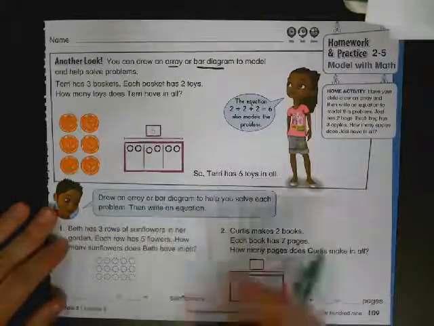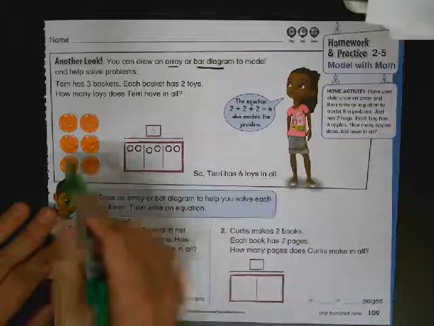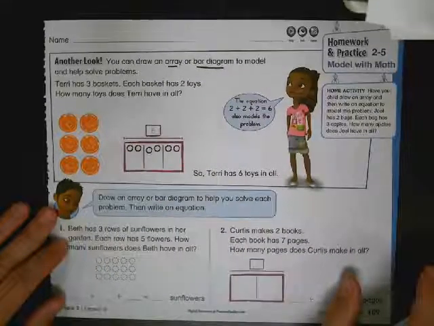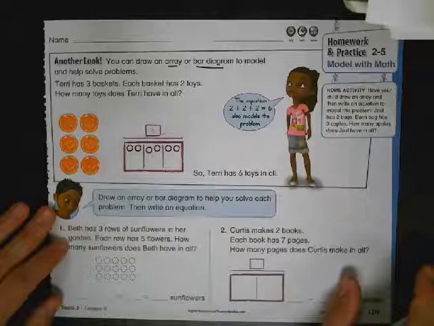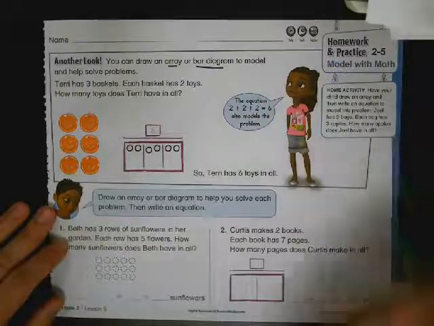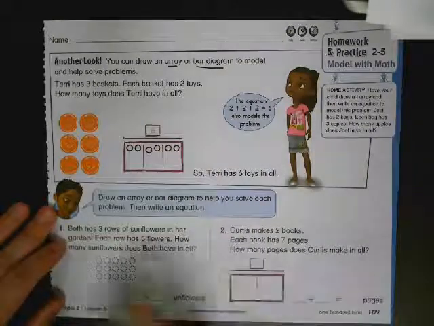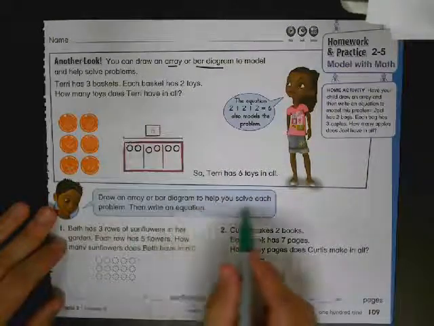to organize some of those ideas in the brain. So you've got an array here, and a bar diagram here. There are two different ways to work on those. There might be something to practice at home with some manipulatives, forks, spoons, creating either one. Down here it says draw an array or a bar diagram to help you solve each problem, then write the